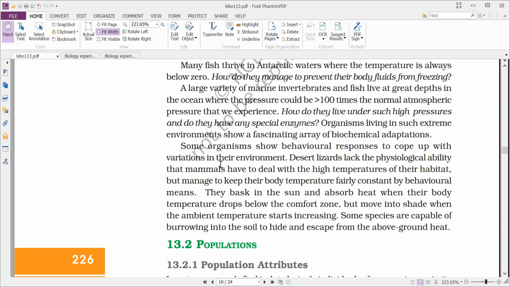For example, you can see very clearly the crocodiles. We say they are amphibious, but not regularly amphibious. They are terrestrial. For food or some other purpose, they will be moving into the water.